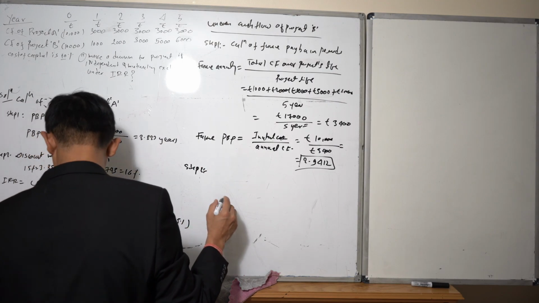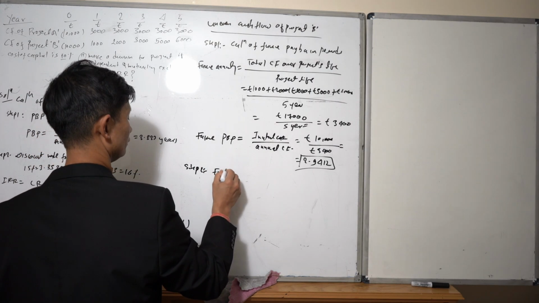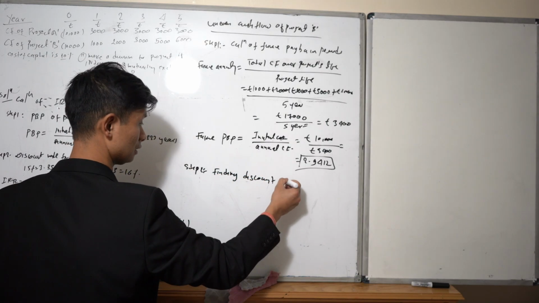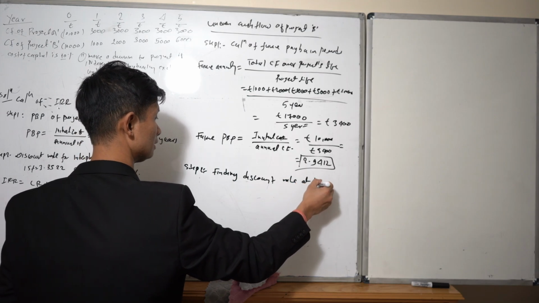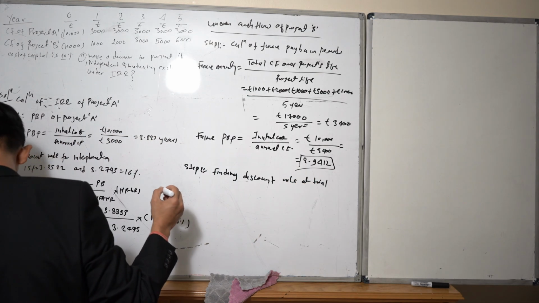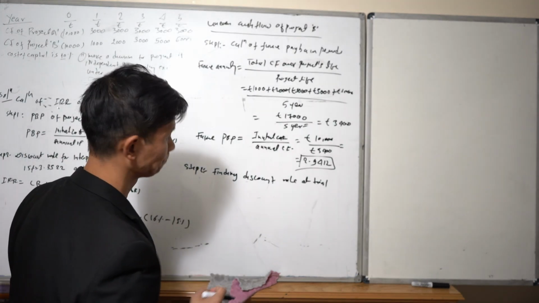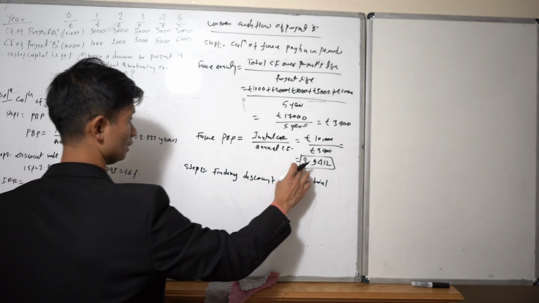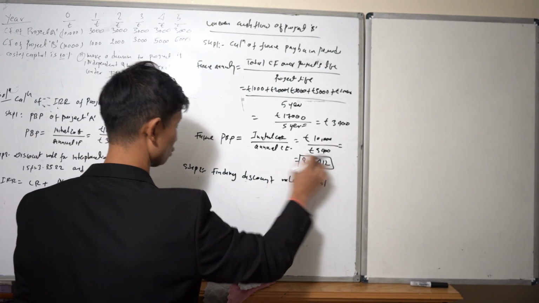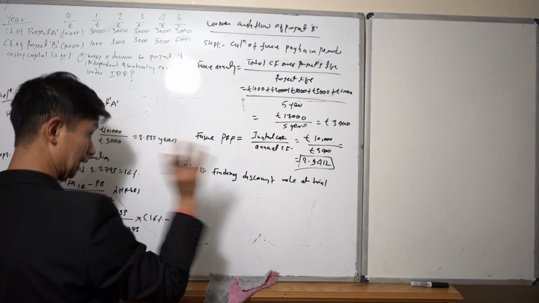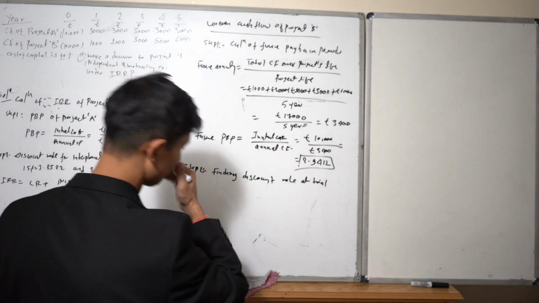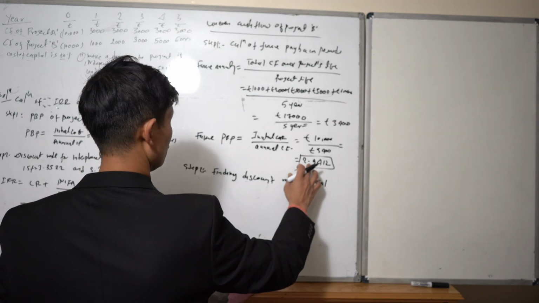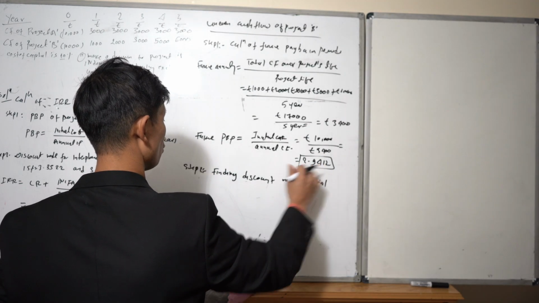Step 2, finding the discount rate at trial. If you look in the financial table, the present value interest factor, this 2.9412 with the number of years 5, you will get the value. This 2.9412 lies between